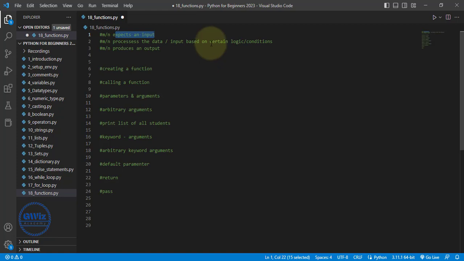Based on that particular function, the machine will know what to do with the input given by the user or customer, and what output it has to give using that input, right? So this is a slightly theoretical explanation. Don't worry about it. We'll see exactly what this function is all about